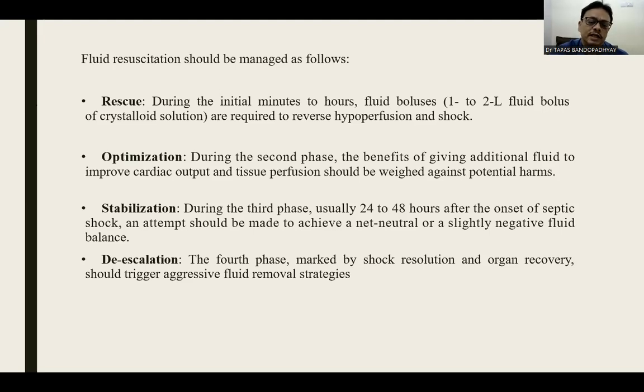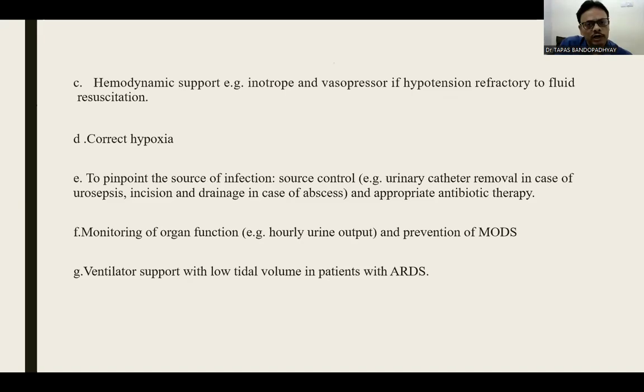Then we need to de-escalate the fluid. This is the fourth phase, marked by shock resolution and organ recovery, and should trigger aggressive fluid removal strategies, like de-escalation of the antibiotic use. Hemodynamic support like inotropes and vasopressors comes after the antibiotics and intravenous fluid. If hypotension is refractory to fluid resuscitation, then we should not hesitate to introduce inotropes and vasopressors in that particular patient. We have to correct hypoxemia with different